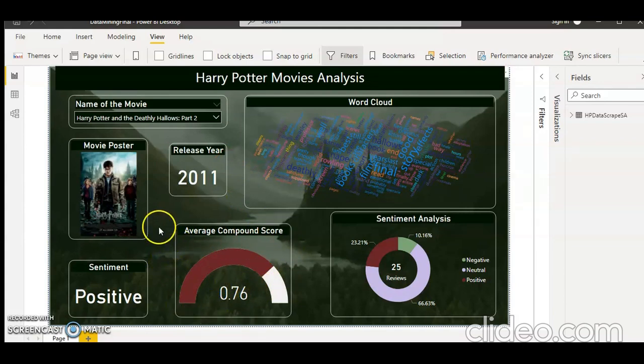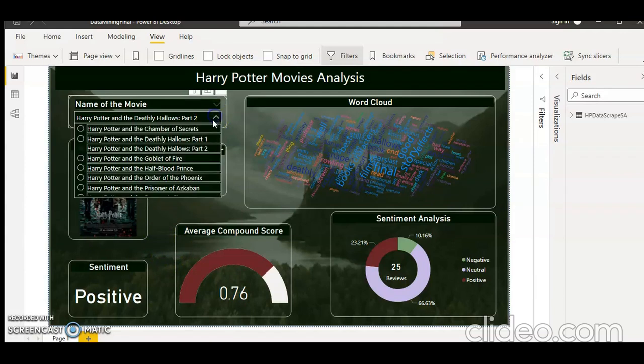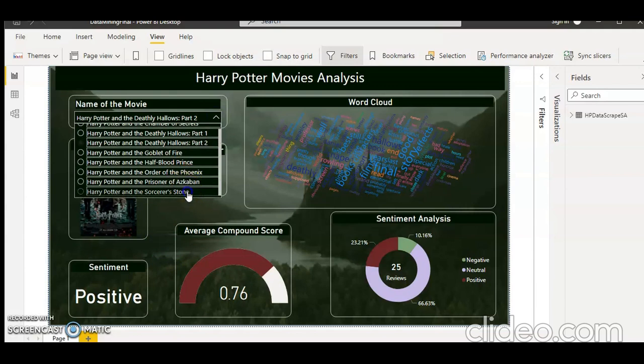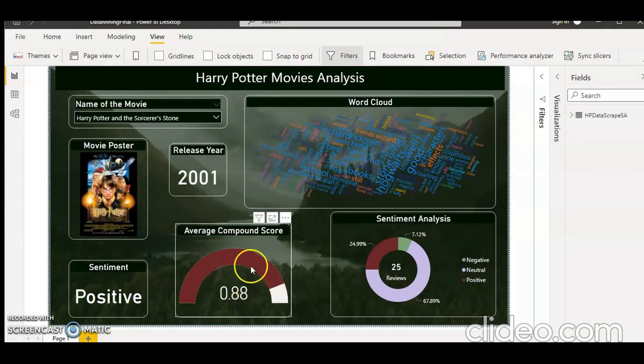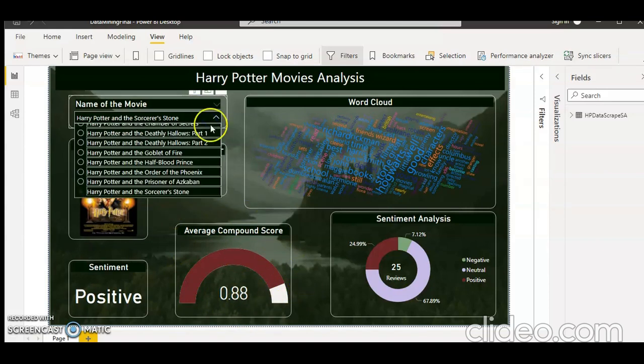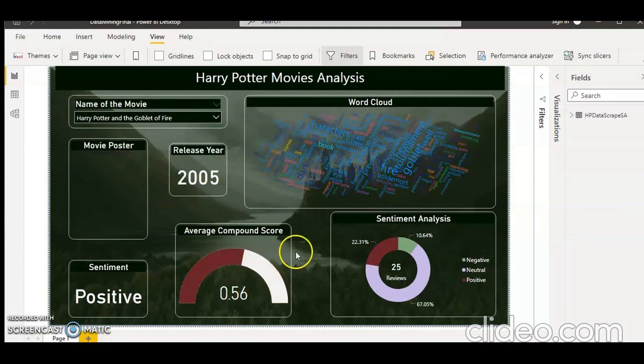And so, generally, to conclude, the highest one would be the first one, actually, which is quite surprising, but I think it's the one that people have probably seen the most. It has a compound score of 0.88, and the worst rating one would be the Goblet of Fire, which has a 0.56 review, which kind of sucks. This was my favorite, but